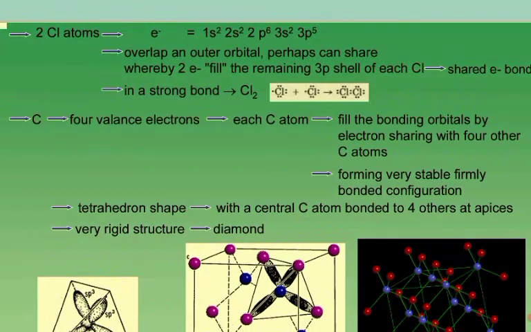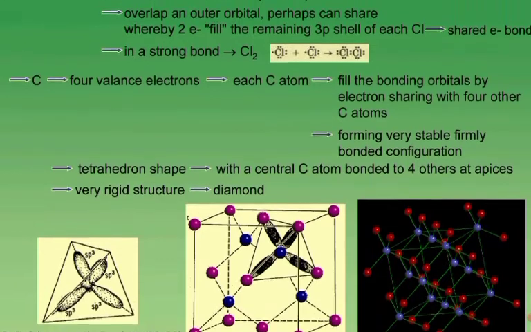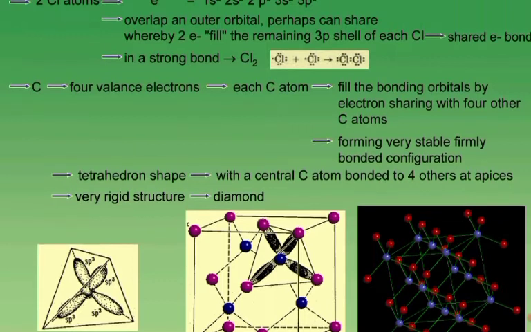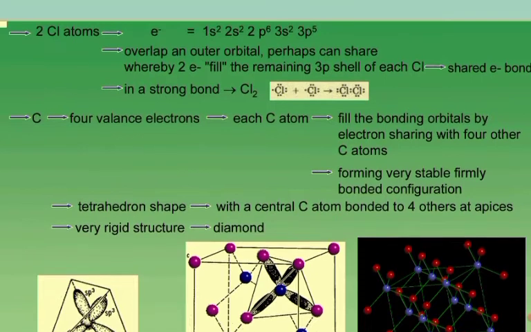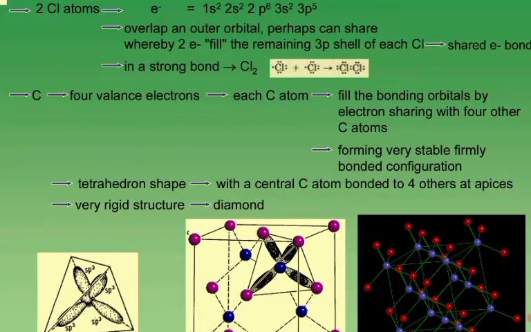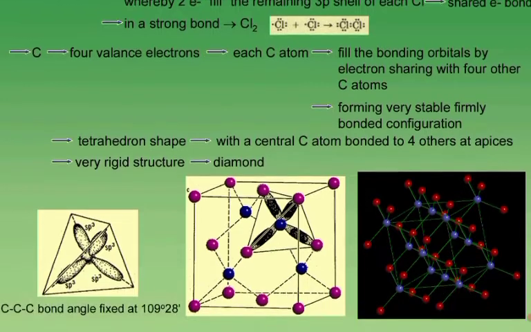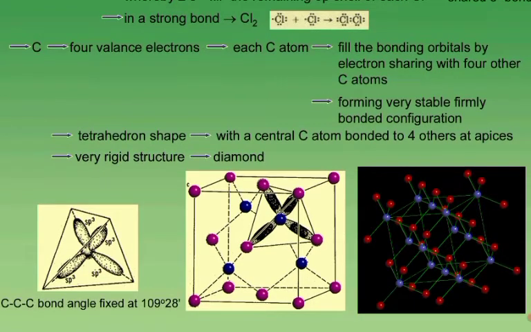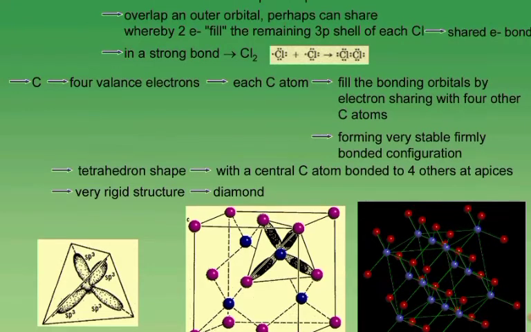Two chlorine atoms, each 1s2 2s2 2p6 3s2 3p5, overlap in an outer orbital. Perhaps they can share, whereby two electrons fill the remaining 3p shell of each Cl in a strong bond: Cl2, a shared electron bond. C has 4 valence electrons; each C atom fills its bonding orbitals by electron sharing with 4 other C atoms, forming a very stable, firmly bonded configuration: a tetrahedron with a central C atom bonded to 4 others at the apices, a very rigid structure, diamond. The C-C-C bond angle is fixed at